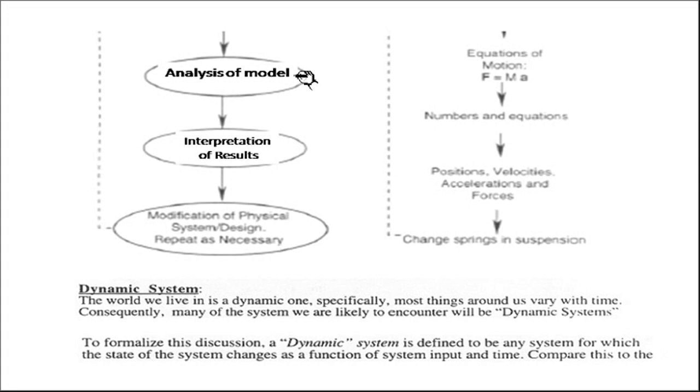Now once we have the physical model, we have to go for the analysis of this model. For analysis, we are going to use the equation of motion. We are going to find the external forces acting on the system and the internal resistance given by the system, that is nothing but the inertia force. Generally force will be given by mass into acceleration. So we have to analyze the different forces.